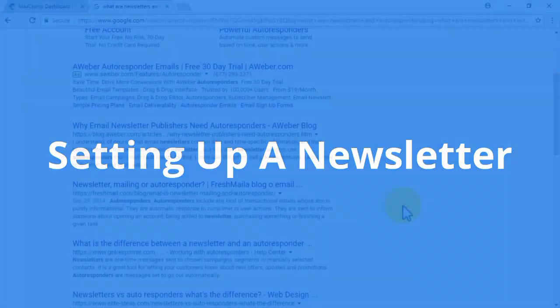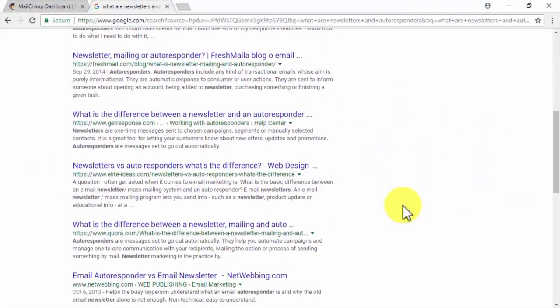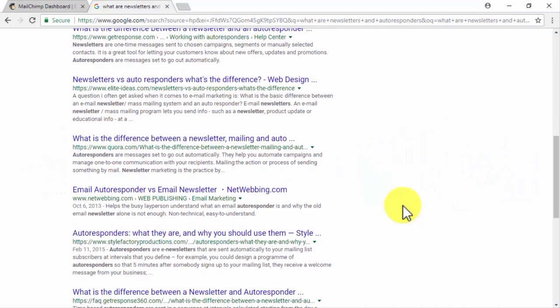Setting up a newsletter. A newsletter is a periodical email series that companies send on a schedule. Newsletters can contain news, updates, or product arrival info, as well as corporate blogs. In this example case, we are going to show you how to set up a newsletter to promote new content